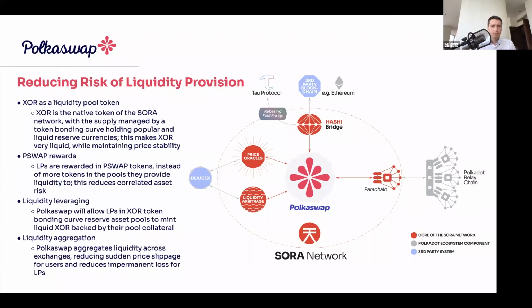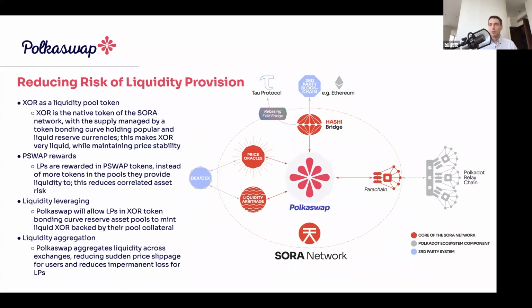Because it's also managed by token bonding curves, the ZOR token has a little bit of volatility dampening built in. And so this does help reduce impermanent loss in our simulations. We can do some cool things also with liquidity leveraging because ZOR is an ecosystem token. Through governance, we can create new applications that can mint ZOR. So the idea is that in the future we'll use liquidity that's locked in liquidity pools as collateral to mint new ZOR, and that gives you instant liquidity.